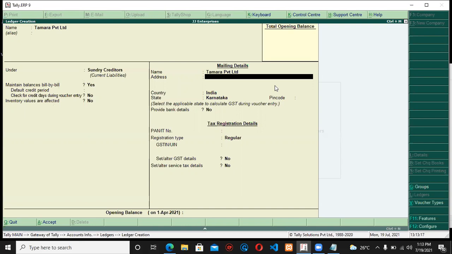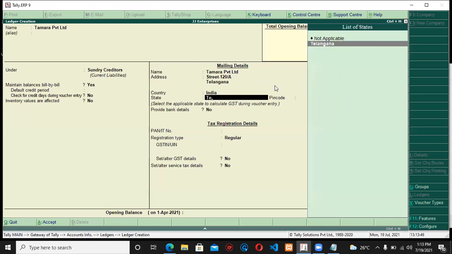Let us give the address. I just give street 120/8. And I'll specify that it is in Telangana.